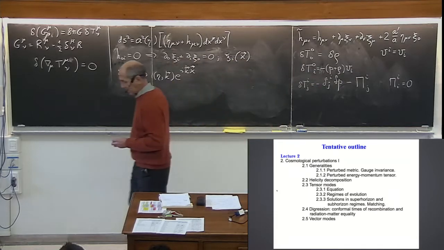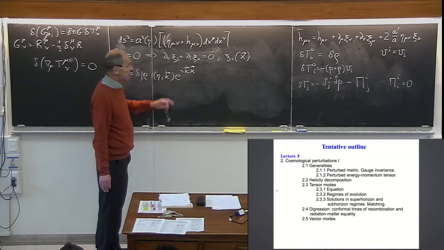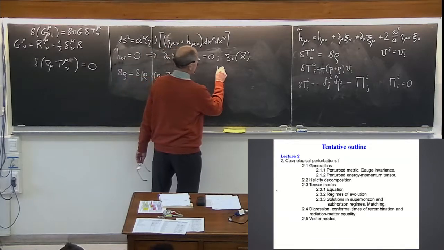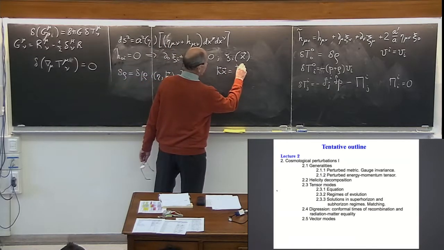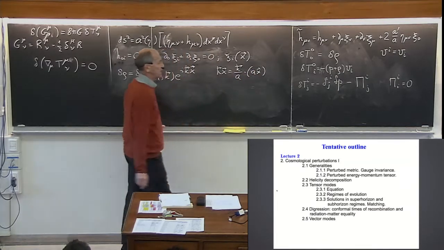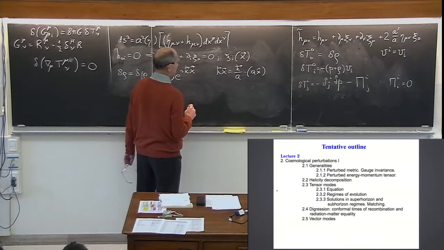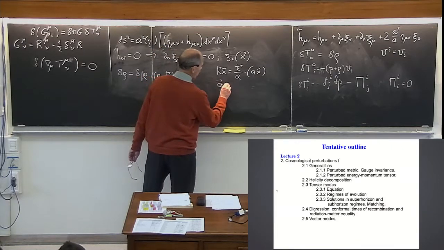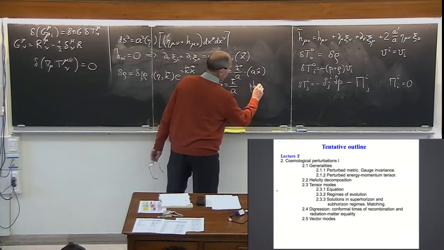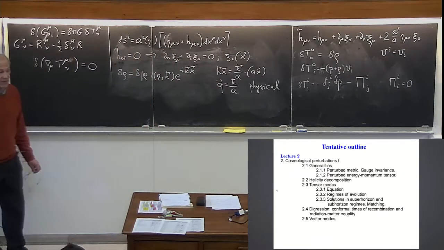Okay? Remember, this k is actually not a physical momentum. It's a coordinate momentum, as we discussed, because x is not a physical coordinate. So if I write k times x as k over a times a times x, this will be physical distances, a times x. So k over a will be physical momentum. Okay? So q, let me call it q, which is k over a, is the physical momentum. It redshifts, as we discussed yesterday.